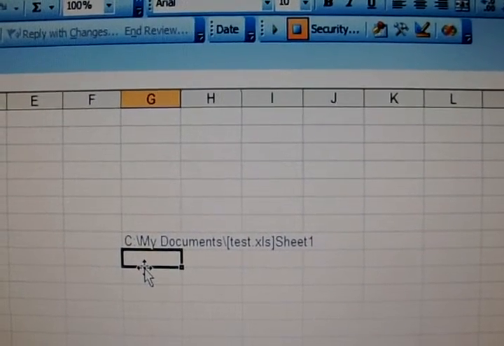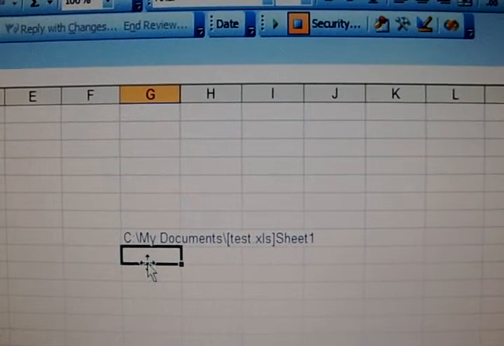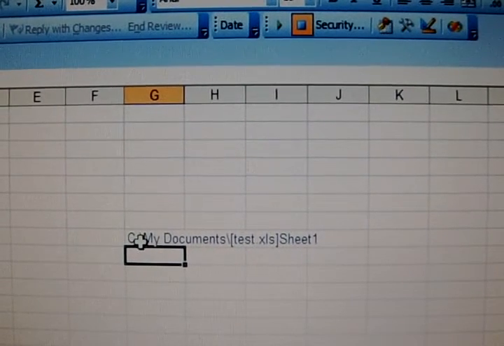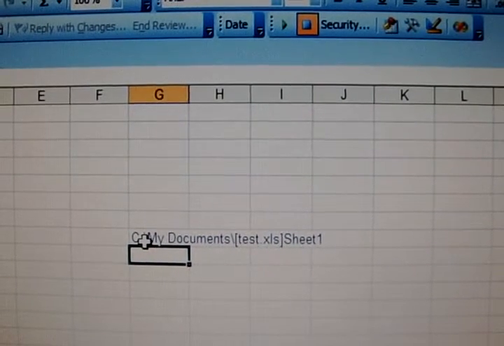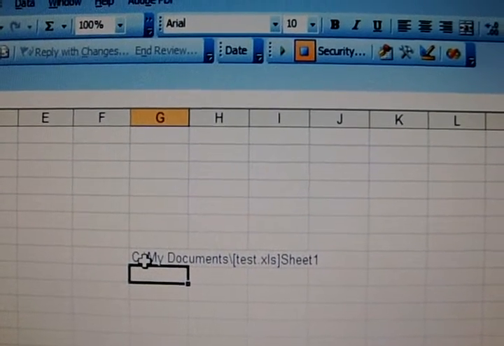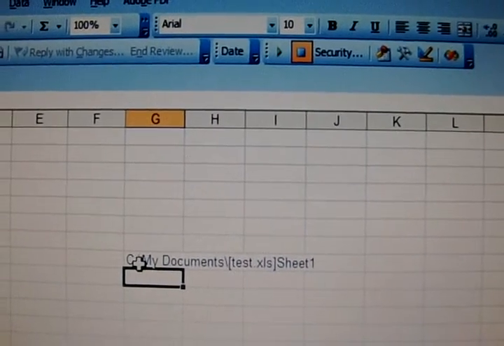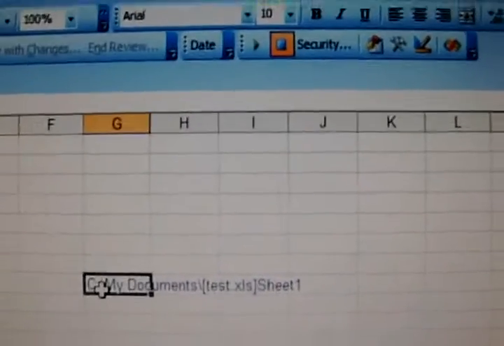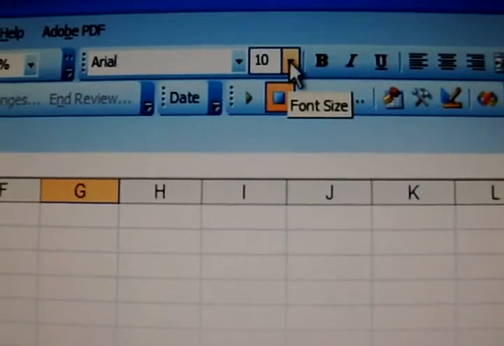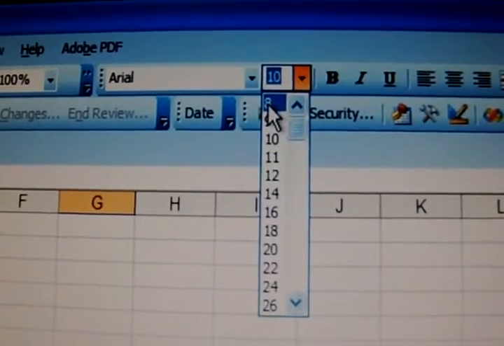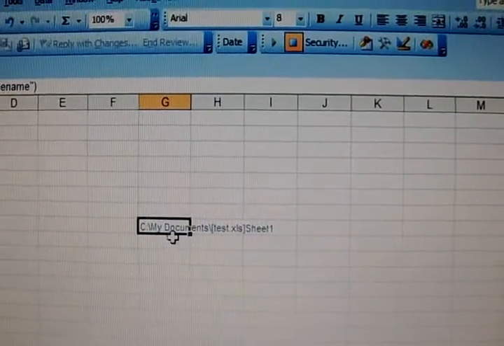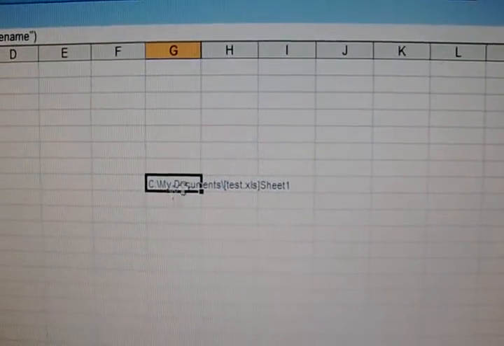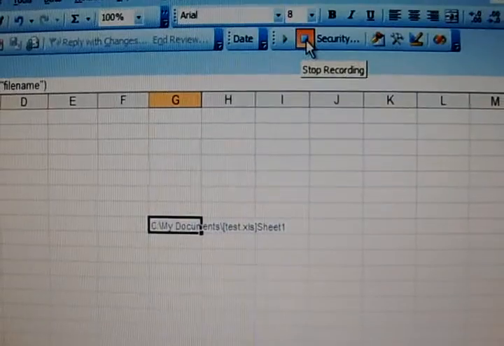Now, I don't like this large of a font when I put this in my document. I want it just so it's a reference for me, but it doesn't seem part of the document. So we're going to click on that cell, and we're going to change the font size. I like 8. And now I'm going to stop the macro,